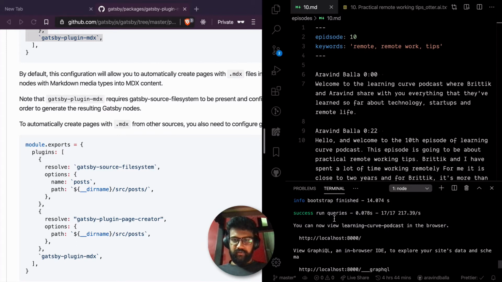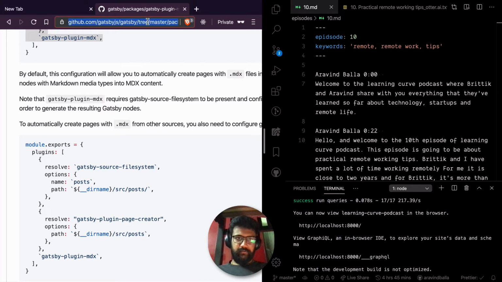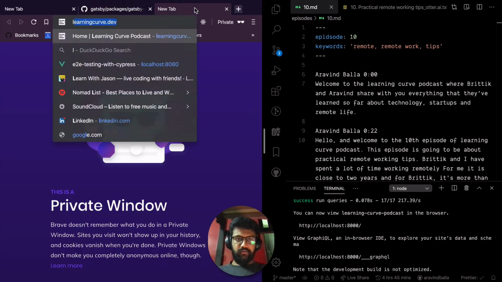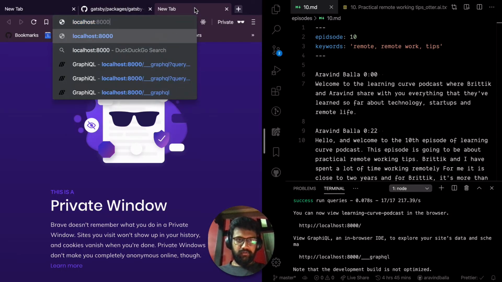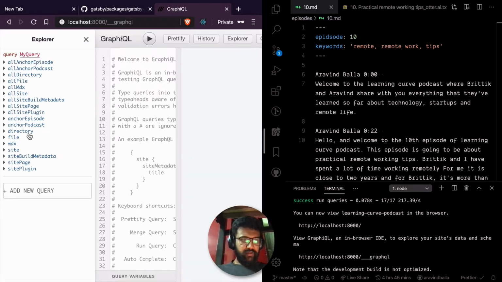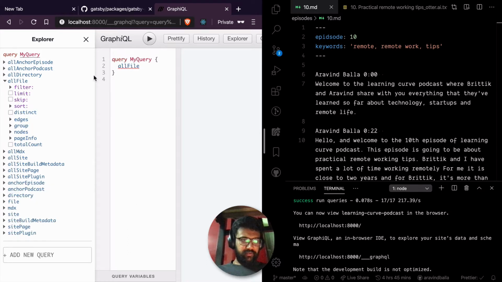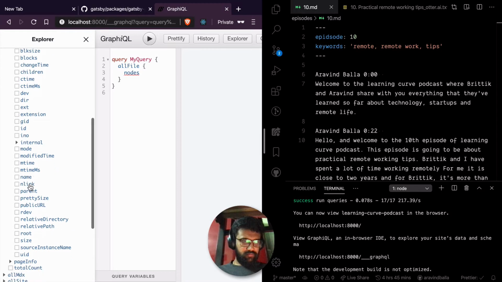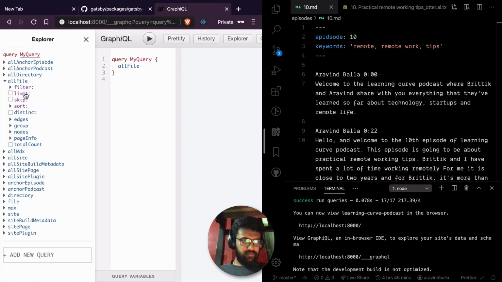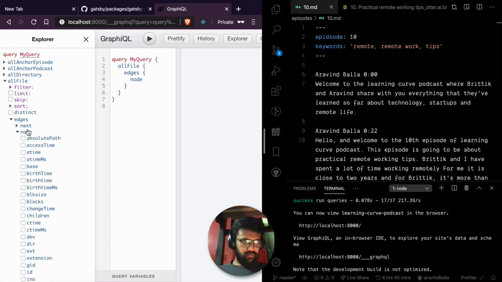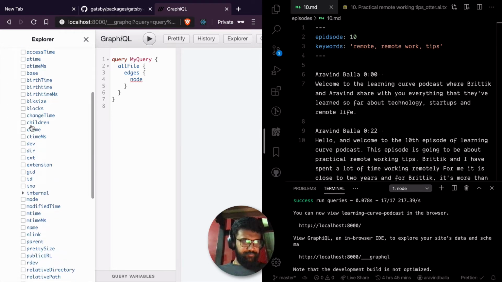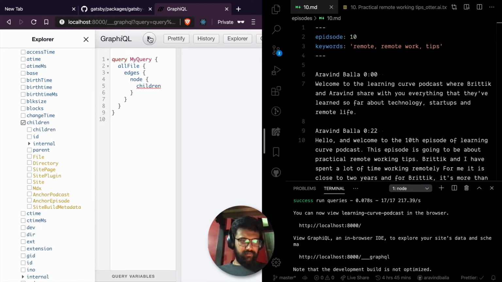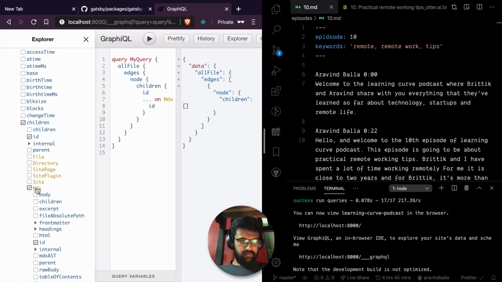and I should be able to open GraphQL, localhost 8000 slash GraphQL, and is it all file nodes, edges, not nodes. Okay, edges node children, I don't know. MDX.